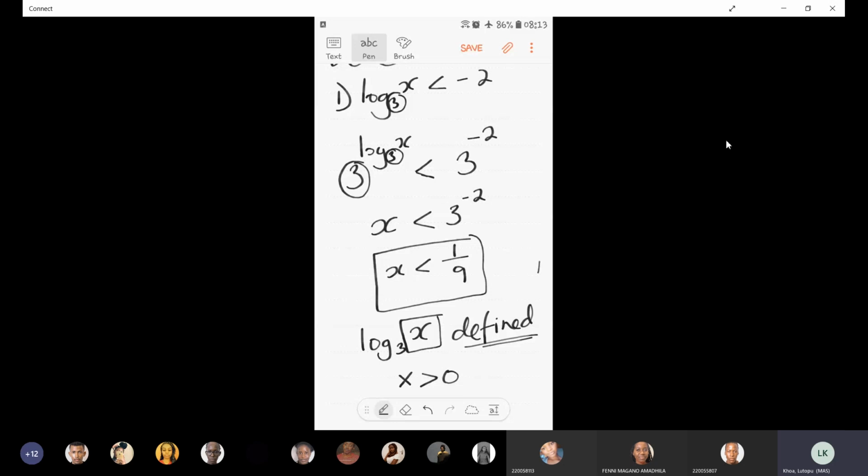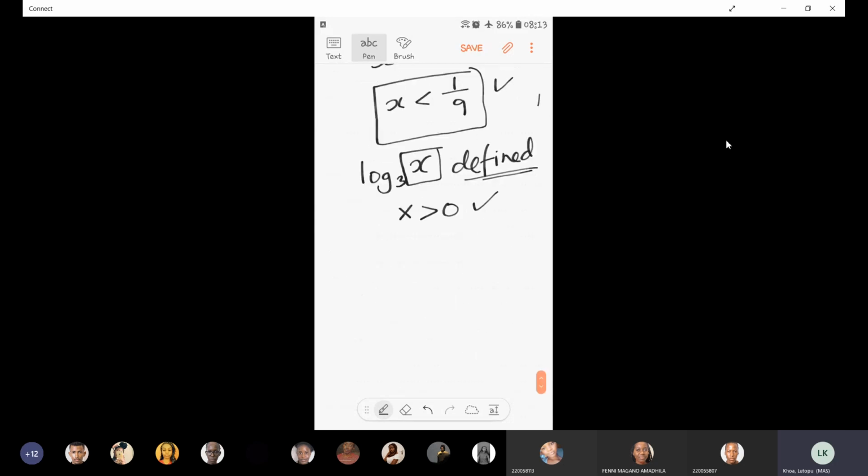But because I also want my logarithm to be less than negative 2, both of these conditions must be met. So what I do is I draw my number line, and I will put both conditions on the number line. And because I'm saying both conditions must be met, when I look up where I'm standing on the number line, I must see 2 lines. If I see only 1 line,